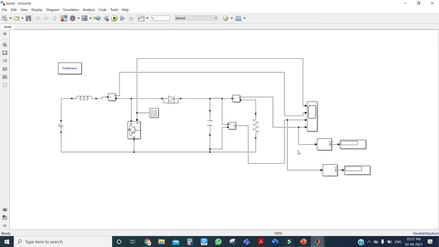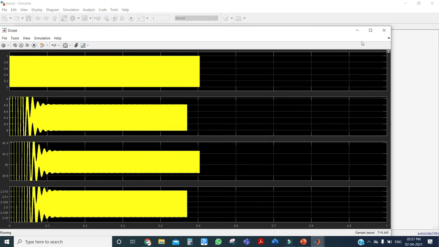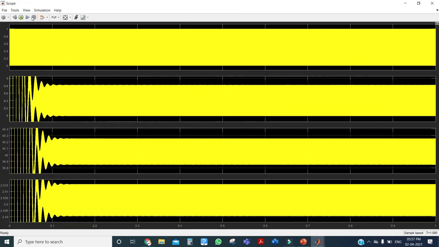Additionally, I'm adding mean blocks here. This block is used to calculate the average value of the output current and the average value of this output voltage. I'm just clicking on Run, and you can see the results over here.